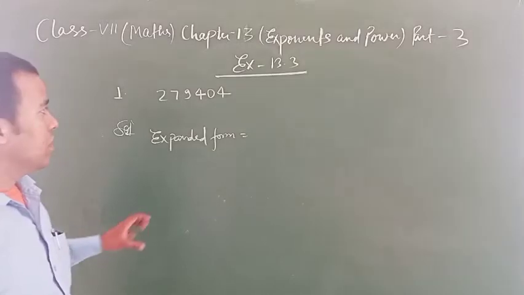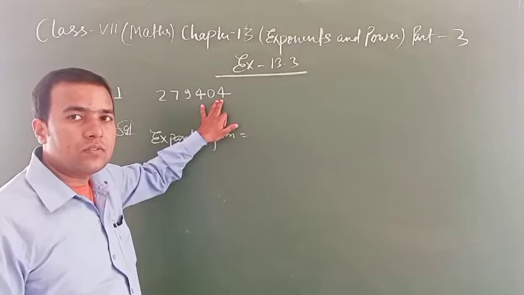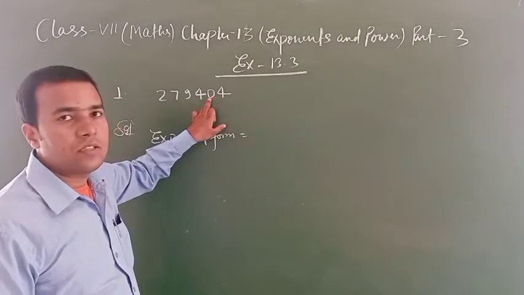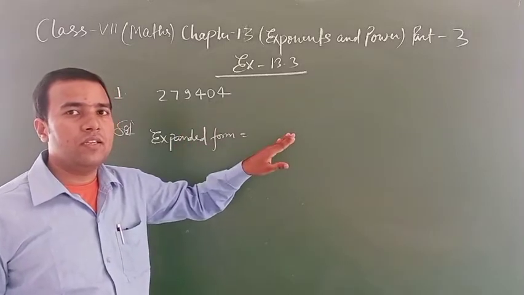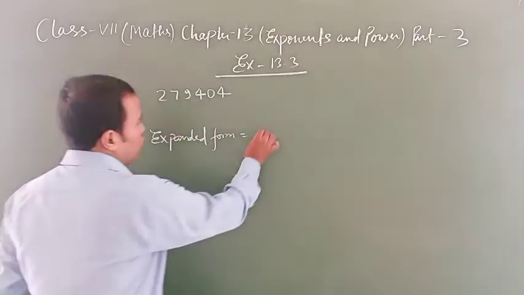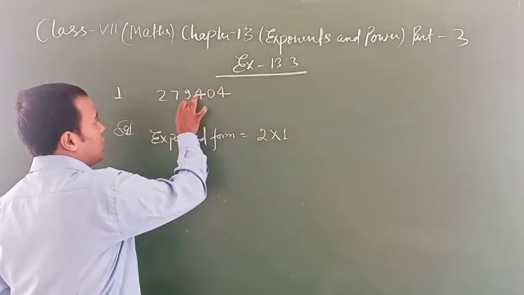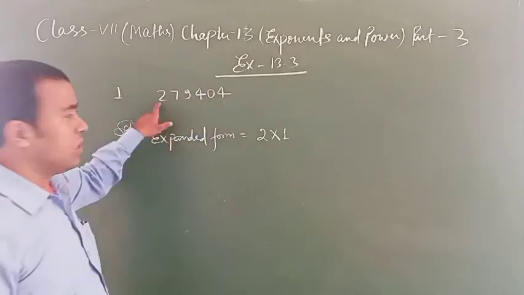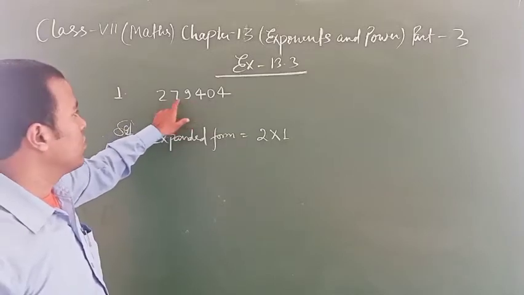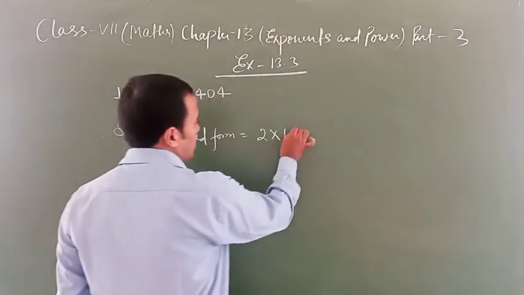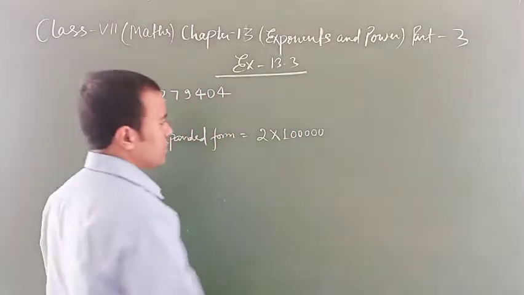Expanded form means, suppose that 4 is in the ones place, then tens place, hundreds place. So from that number you multiply. Say 2: the 2 is multiplied by 1, 10, 100, 1000, 10,000, according to its place. After 2 you see how many digits: 1, 2, 3, 4, 5. So 5 zeros you will write. Plus